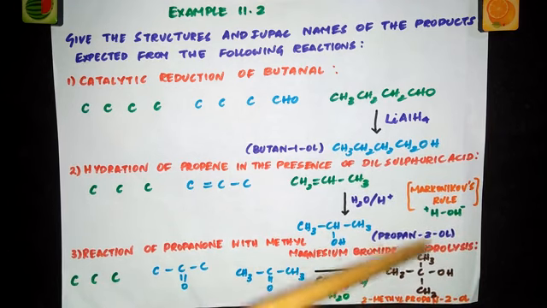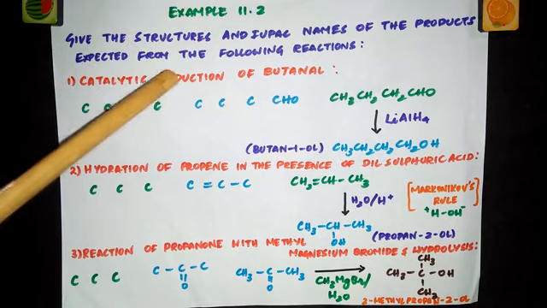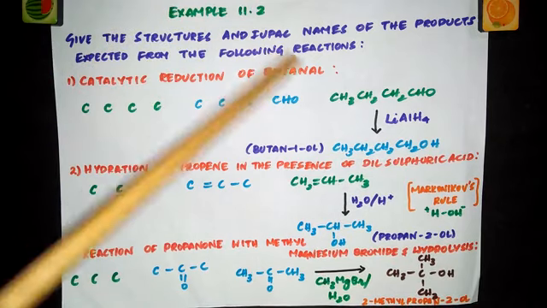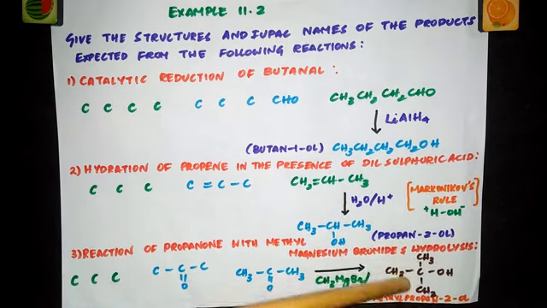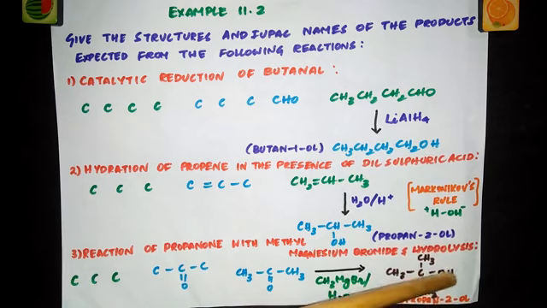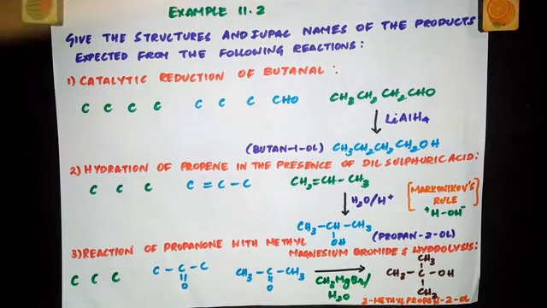And how can you name this? Don't write the common name because in the question they have very clearly given to write the IUPAC name. So start numbering from here. 1, 2, 3. 3 carbon atoms, prop. In the second carbon you have alcohol. Same way in the second carbon you have methyl. So 2-methylpropan-2-ol is the IUPAC name.